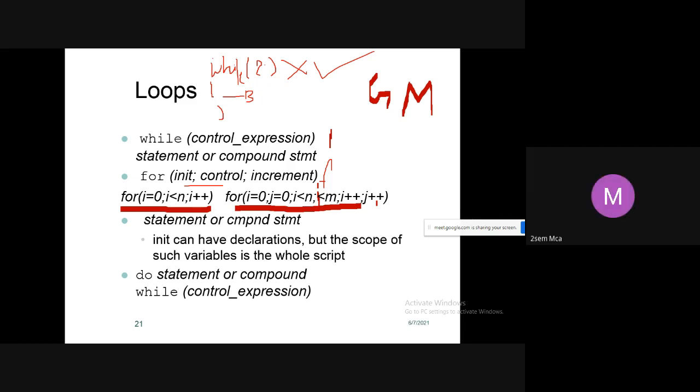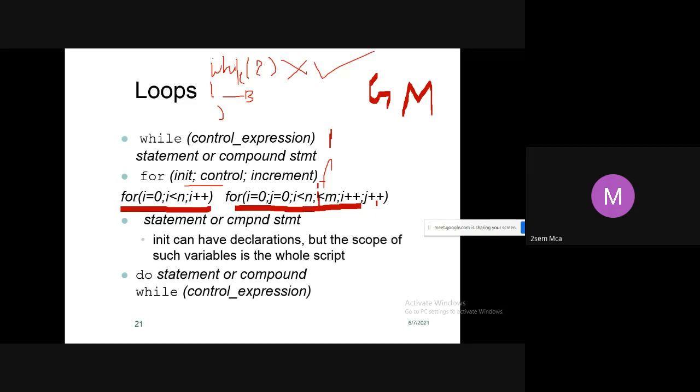Why is it not correct? This also has initialization, condition, increment statement. It has. Why is it not correct? Ma'am, because i and j are mentioned in the same line only, and less than m has no variable to compare with. It is not mentioned in different loops.